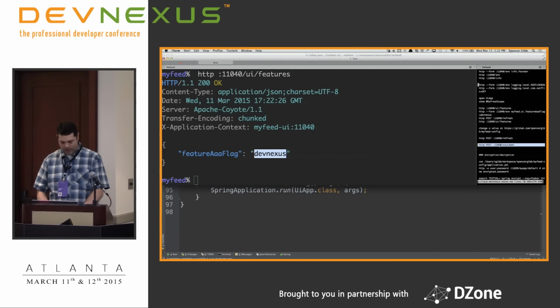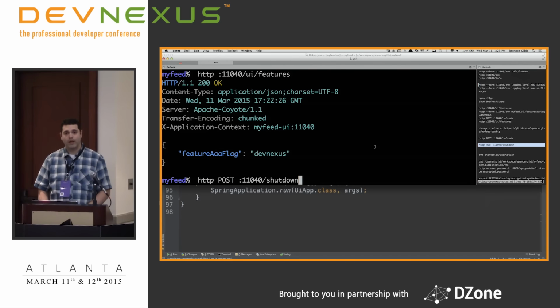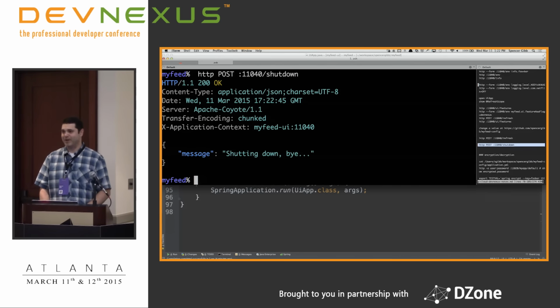We've also added a shutdown actuator endpoint. It's disabled by default. Not useful in production, but very useful in development.